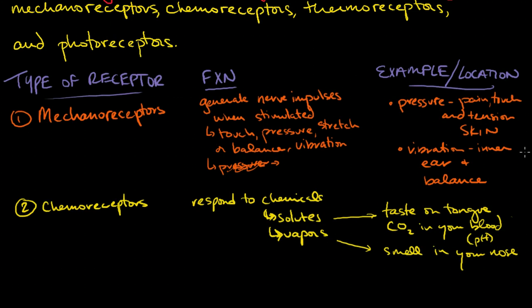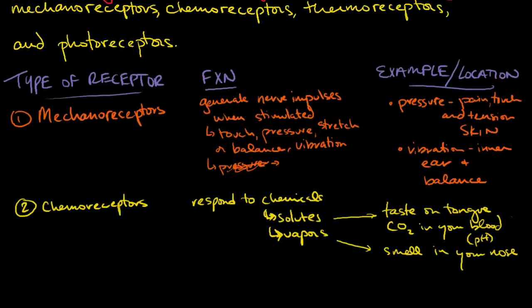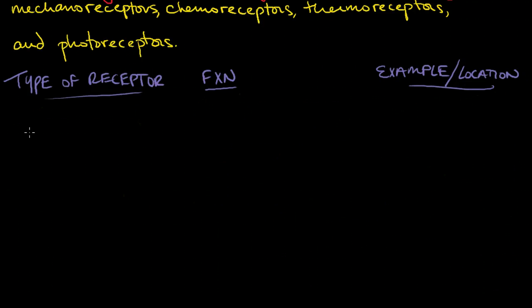Okay? So these are all ways that we sense the environment around us, and all these signals get sent to our brains. So I'm going to go ahead and erase these two because I've run out of space, but make sure you jot these down, and then you might need to hit pause, jot them down, and then hit play again. So third, we've got thermoreceptors